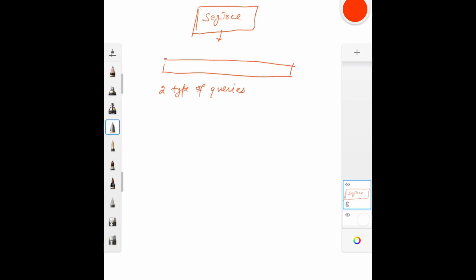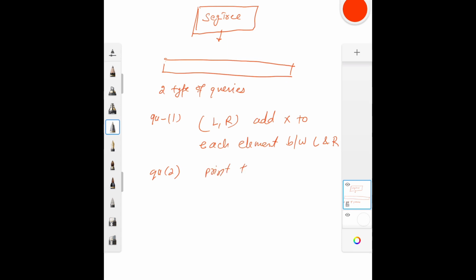One of the queries says, query type 1. What it says is, given L to R, add x to each element between L and R, right? And query 2 says, print the sum